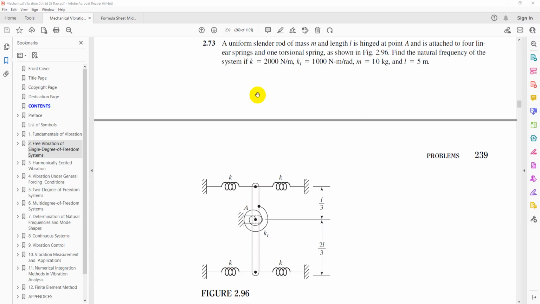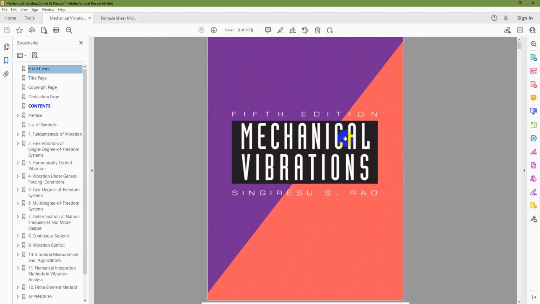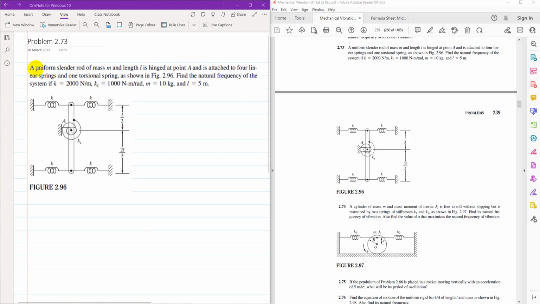This video tutorial is the solution of problem 2.73 of chapter 2, free vibration of single degree of freedom system, from the Mechanical Vibrations book, 5th edition by S.S. Rao. The statement of the problem is: a uniform slender rod of mass m and length L is hinged at point